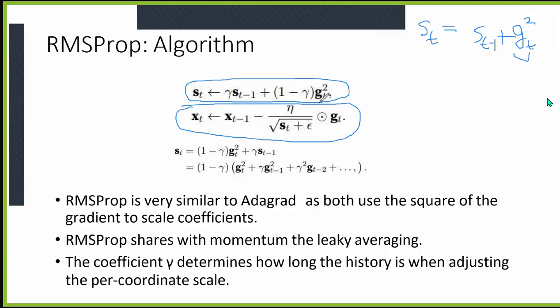Now we see that the squared gradient itself is still there, but